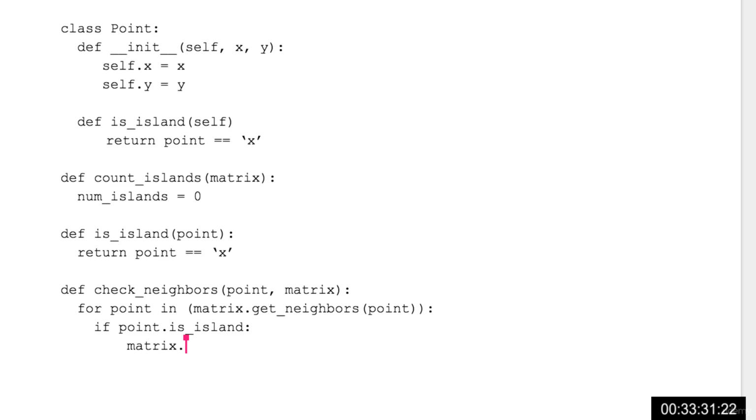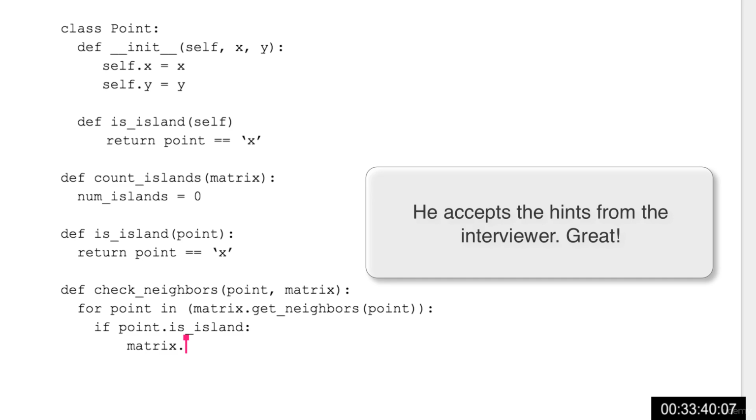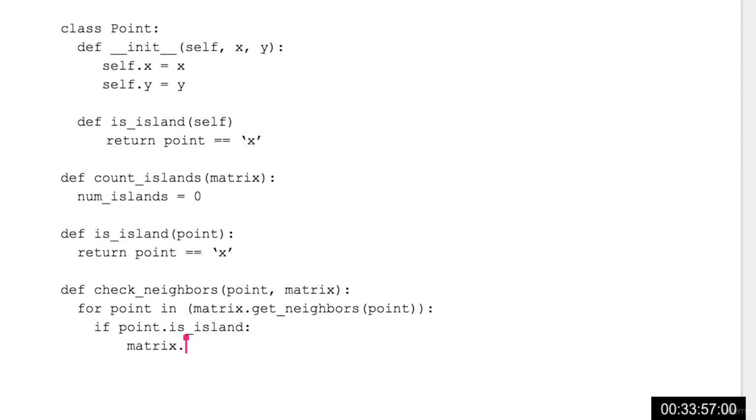Yeah. Basically, you want to track two things: whether this is an island or not, and whether this is a visited place or not. Yeah, if this is part of another island, right? As you're going through, you're potentially connecting two islands together. And then you don't want to visit the same place again, right? That's true. Okay, so matrix dot